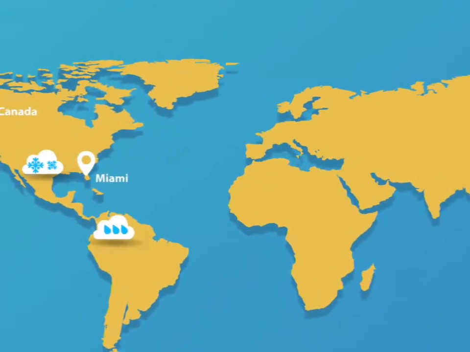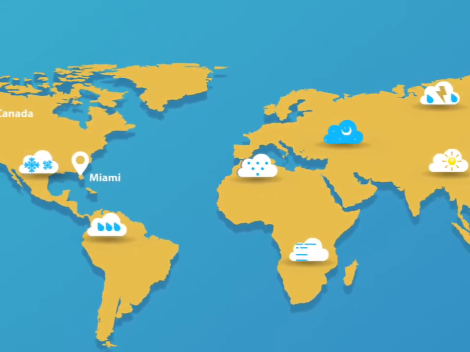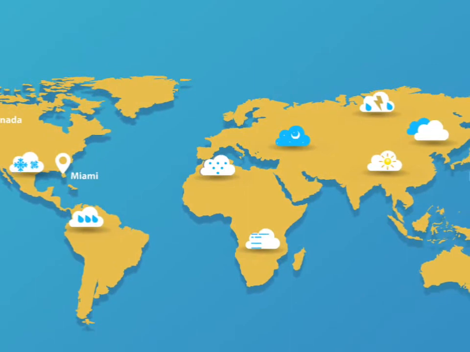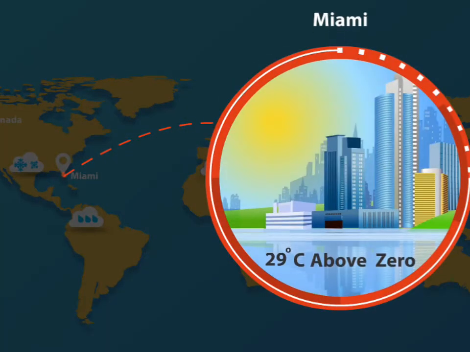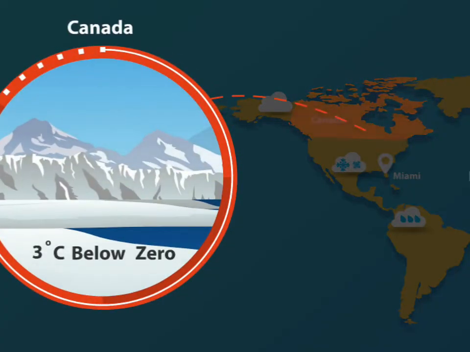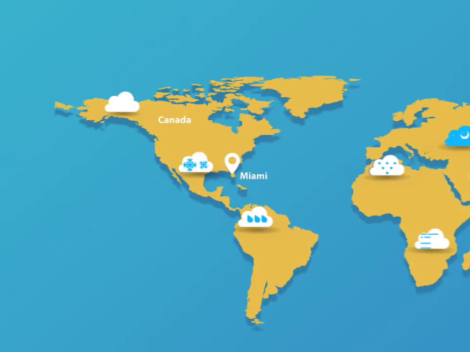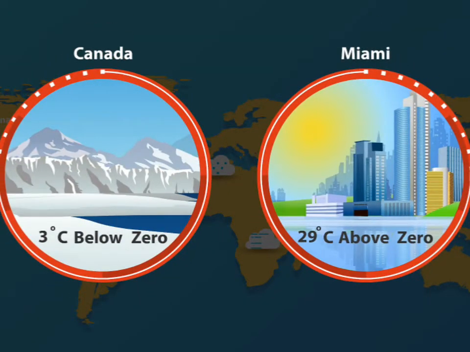You will find it interesting to know how much the temperature of a place can vary across the world on any given day. For example, it could be 29 degrees Celsius above zero in Miami. And at the same time, it could be 3 degrees Celsius below zero in Canada. It is good to know that we have different types of numbers available to represent these varying temperatures across the